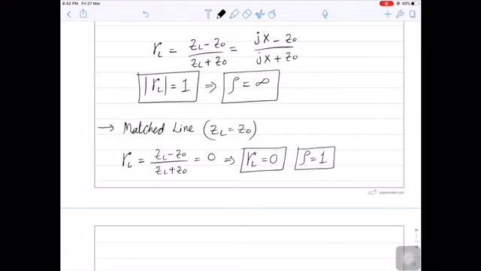So, by using these last two expressions, that means gamma L equal to 0, which indirectly says that no energy is reflected back towards the generator. As a result, the total energy that you provide to a transmission line is transferred from the transmission line to the load. In practice, generally we always use matched line configuration, because in a matched line configuration there is no reflected power, especially for the case of a lossless transmission line.